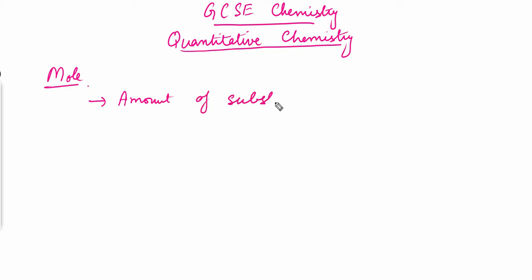It is used to represent the amount of atoms, the amount of particles, amount of molecules, amount of ions, and some particular amount of mass. So the formal definition for the mole is that the amount of substance will be 1 mole